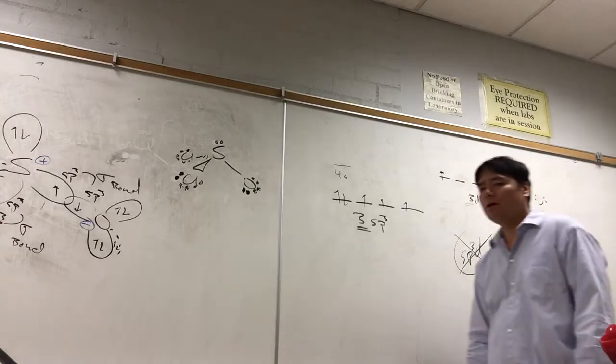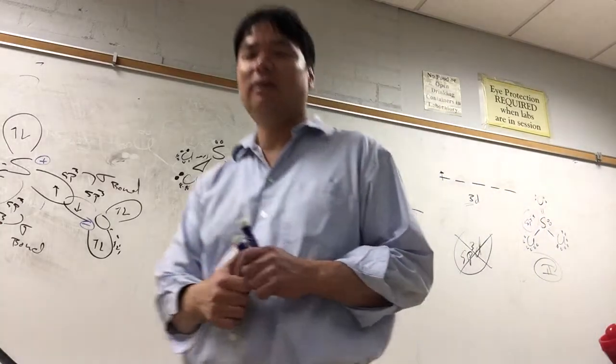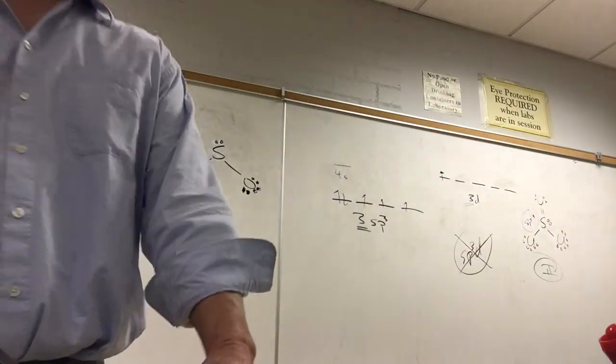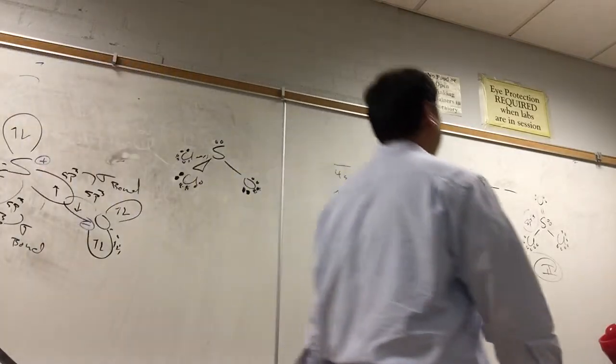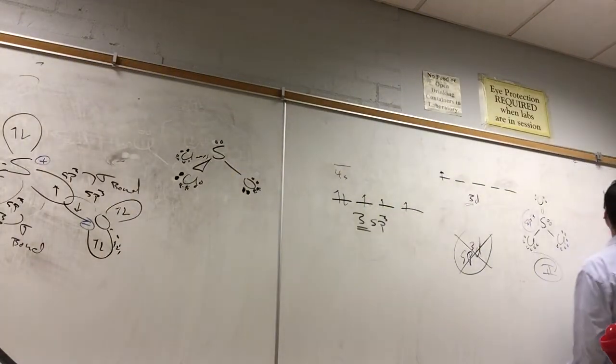And so what I have here is a case of a PD pi bond. Let me show you what a PD pi bond looks like before drawing it on this structure. A p orbital looks like this. What does a d orbital look like? A d orbital looks like a